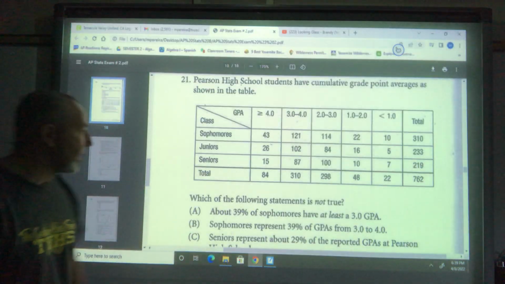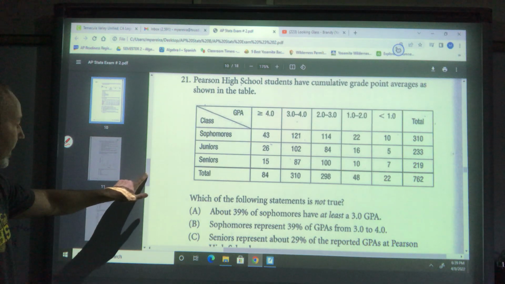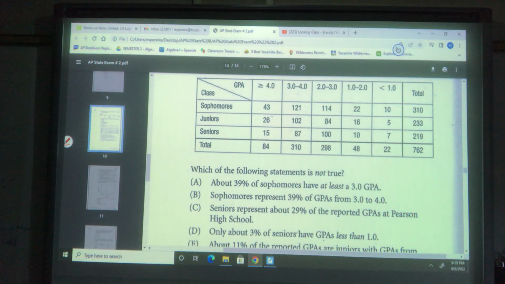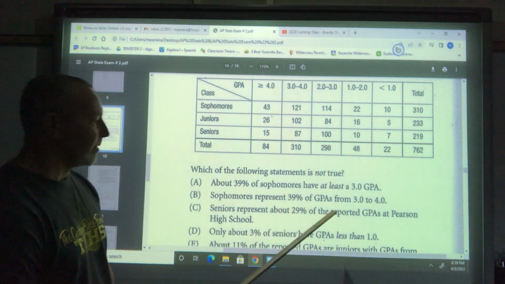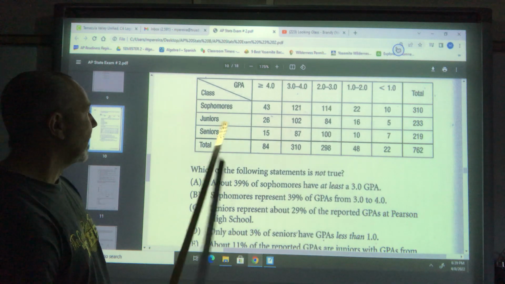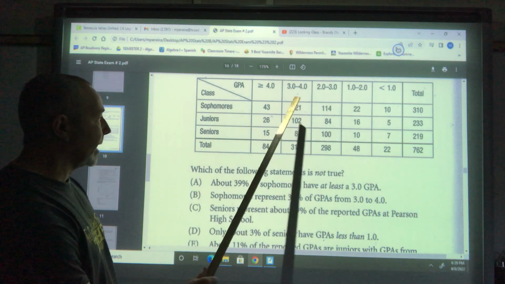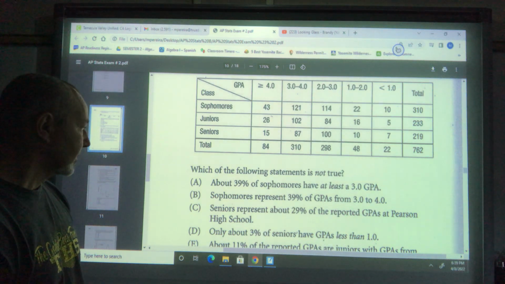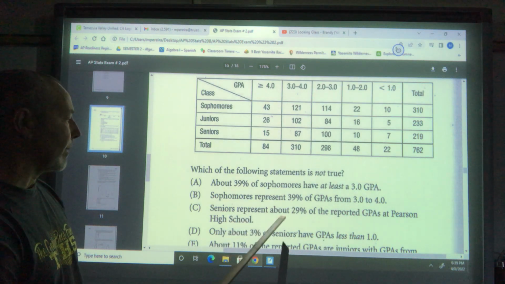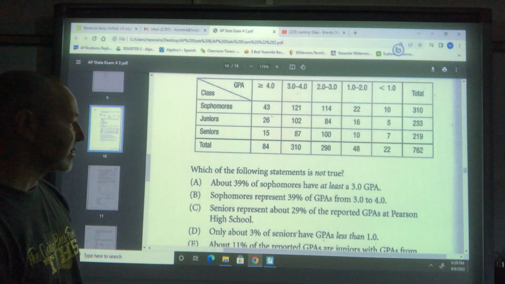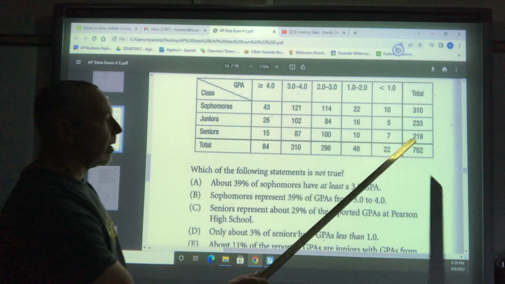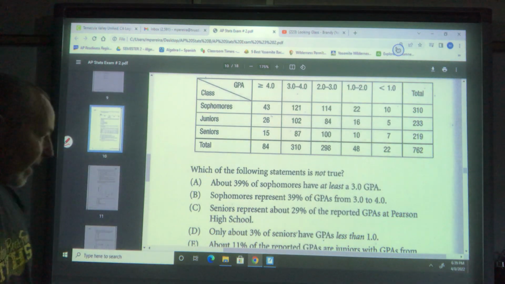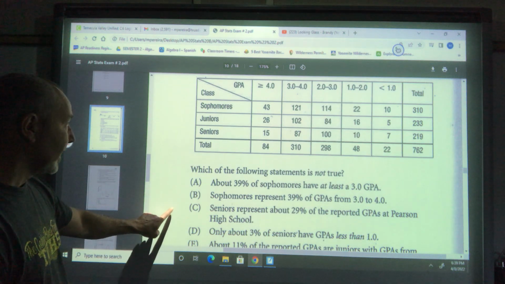So let's look at the other ones here. B, sophomores represent 35% of GPAs from 3.0 to 4.0. So sophomores would be 121 out of the total 310, which is not going to equal 39%. And then finally, seniors represent 29% of reported GPAs. So all seniors, 219 out of the total, is not 29%, you'll find. Only about 3%